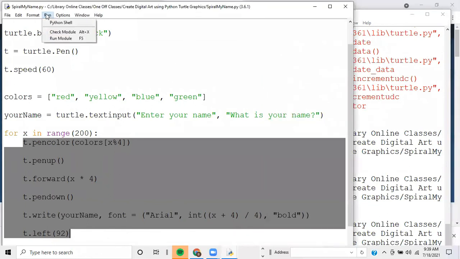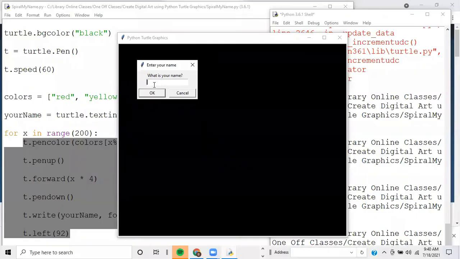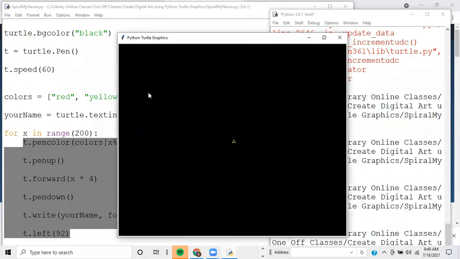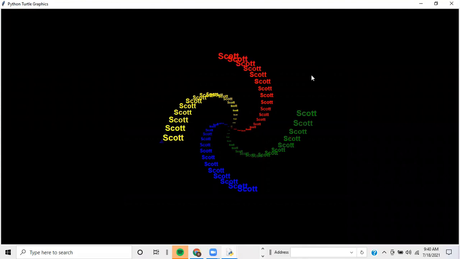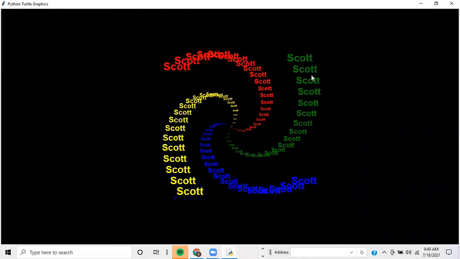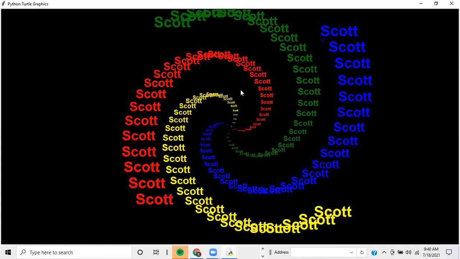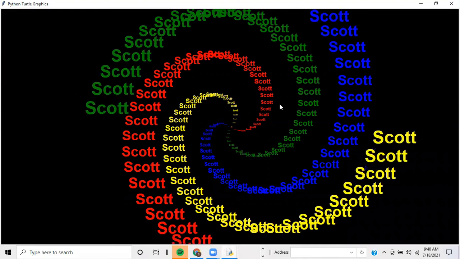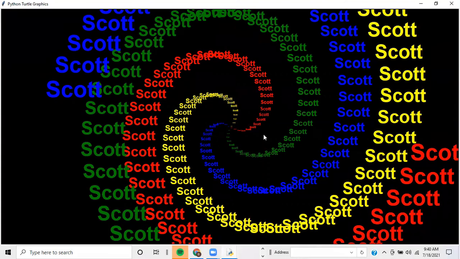So if I run this, what I can do is enter my name. So now it's going to loop 200 times. I'll maximize my turtle graphics screen. And you can play with the number of colors, the different types of colors, the number of times it's going to write out your name, how long or short your name is, the different kinds of font. Anyway,